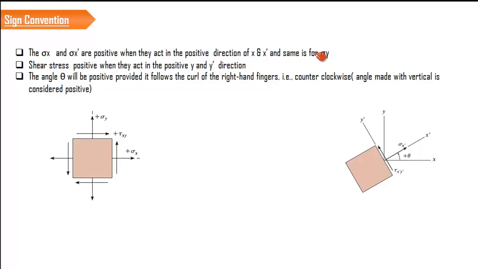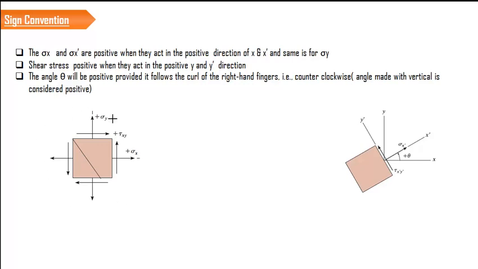You have the external stresses like sigma x, sigma y and tau xy, and we are interested in calculating the stress in a particular plane. So let us assume that I want to find the stress in this particular plane. This plane has some inclination with respect to the y-axis, and I am interested in finding the stresses in this plane using the available stress values.